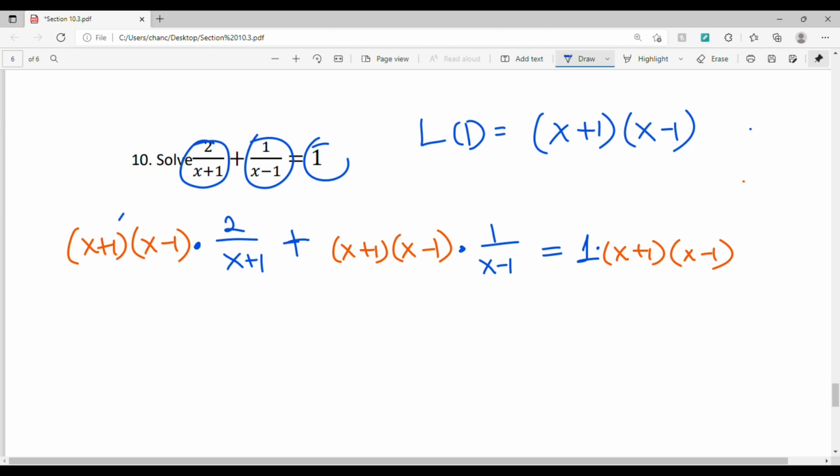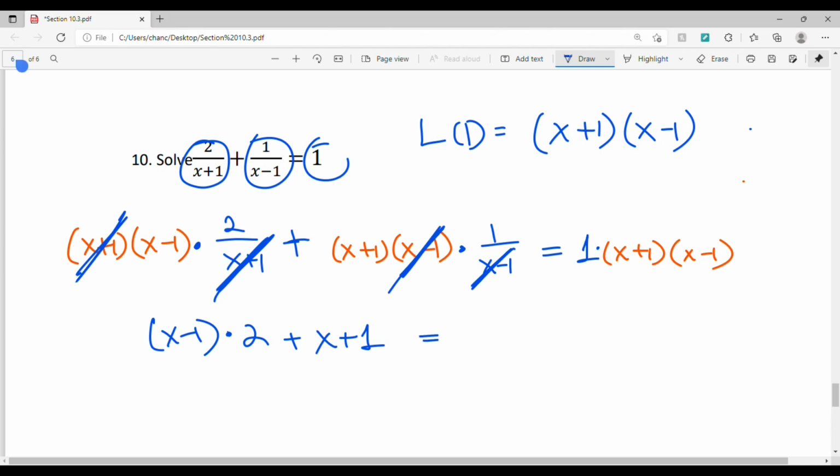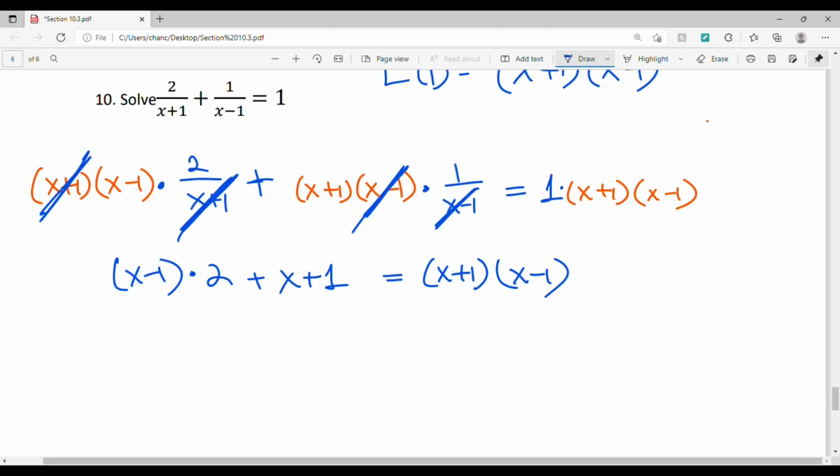So this is going to work in our favor by getting rid of x plus 1 here on the left. And in the middle, we'll get rid of the x minus 1s. On the right, we don't have any fractions. So this results in x minus 1 times 2 plus, well, 1 times x plus 1. That's just going to give us an x plus 1. On the right here, we have x plus 1 times x minus 1. And so now we could distribute the 2. And this gives us 2x minus 2 plus x plus 1 equals, on the right here, I have to FOIL